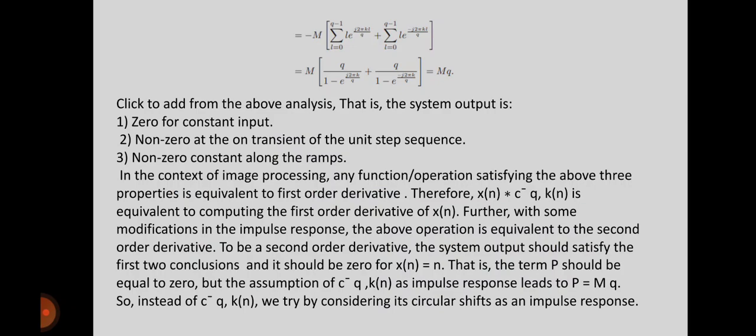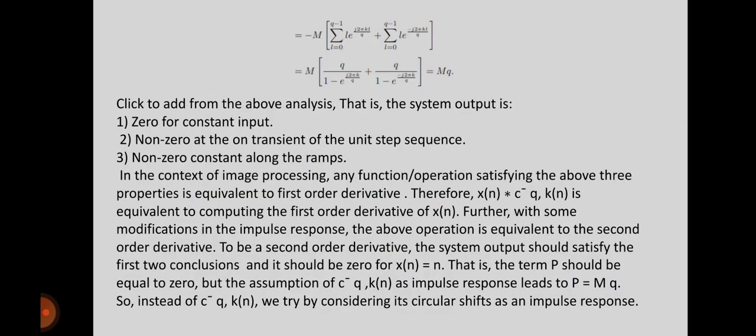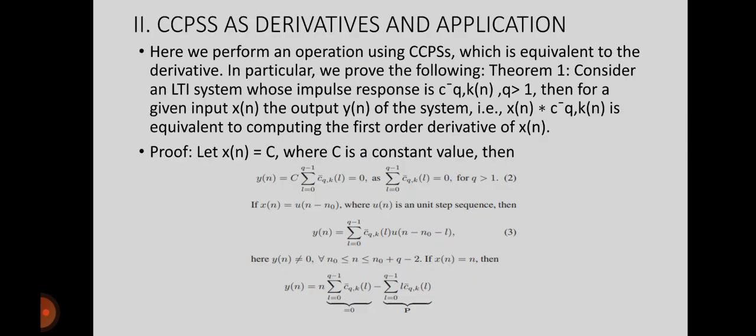So from the p term we can write it as minus summation l equals 0 to q minus 1 of l times e power j 2 pi k l by q, plus summation l equals 0 to q minus 1 of l times e power j 2 pi k l by q,